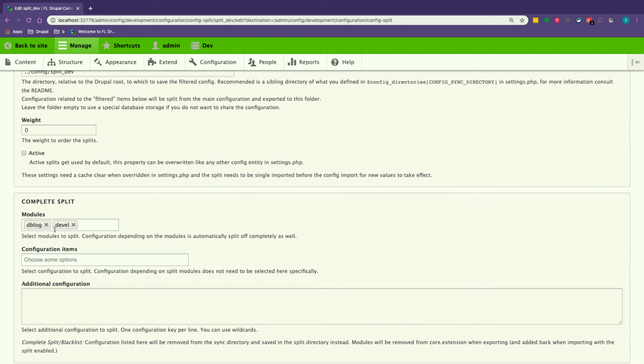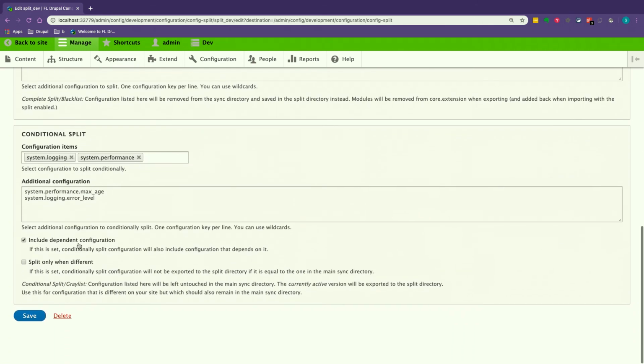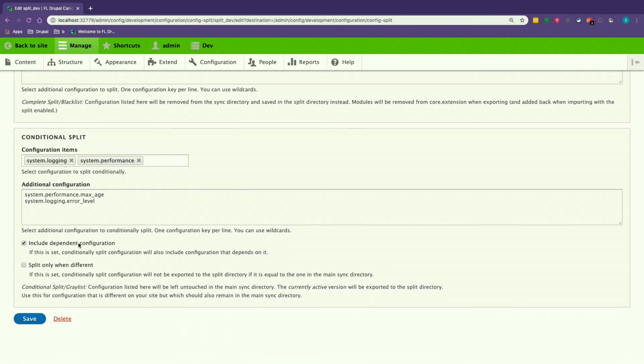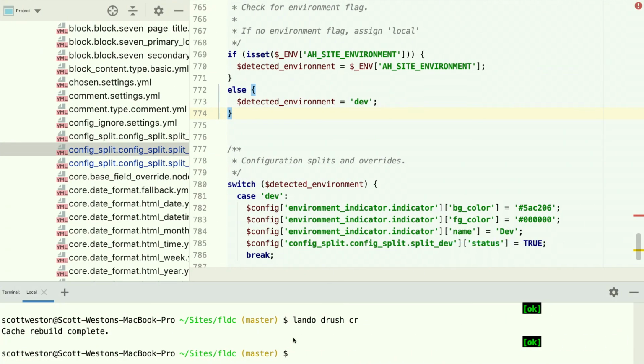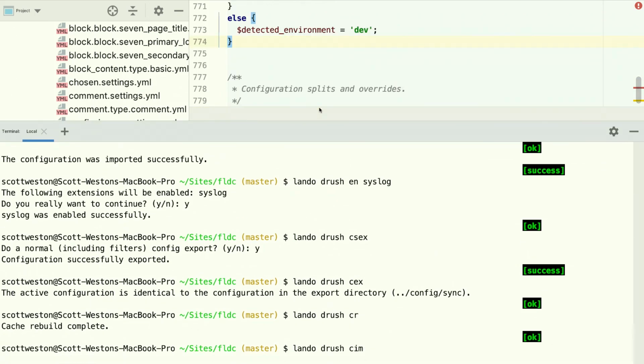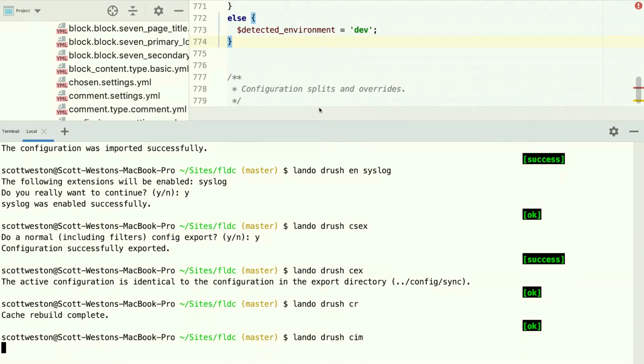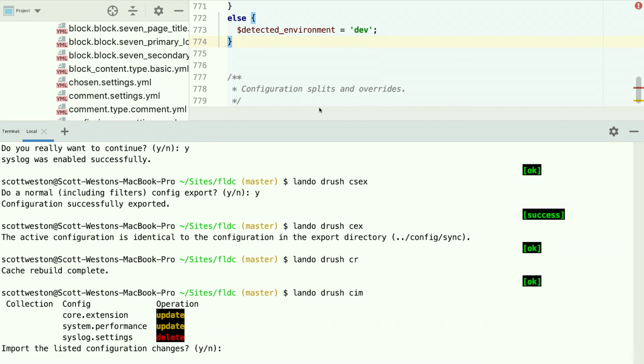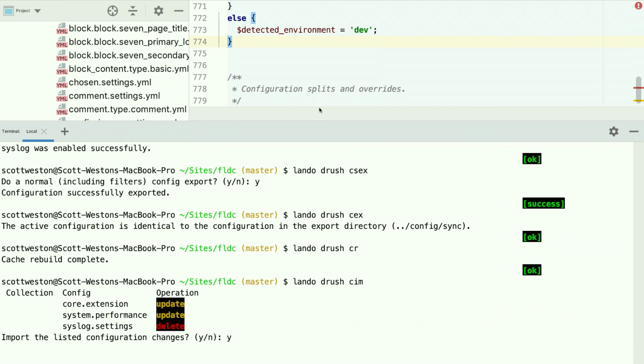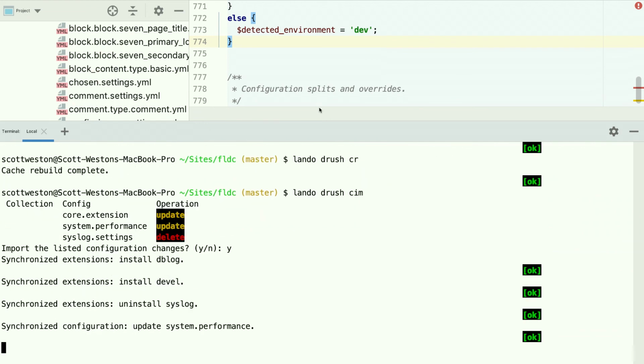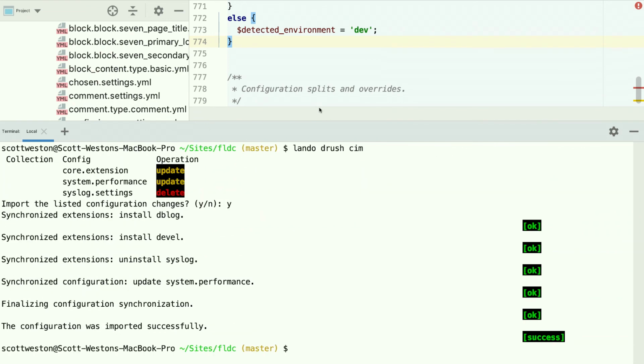And if we look at that, we just see that I've got complete split. So we've got the database logging turned on, I've got the Devel module turned on, and then I have the same system logging and system performance in there too. And now, when I do lando drush config import, we will see syslog get turned off, Devel turned on, and database logging turned on, just because it's taking those items from that config split and importing them into the system. So we should see it install dblog, install Devel, uninstall syslog, updating system performance, and the caching may have been the same. So yeah, that's